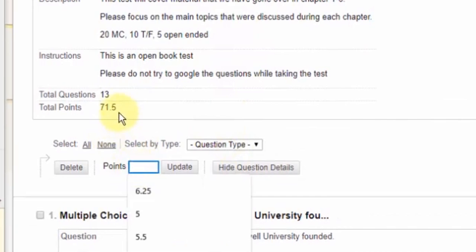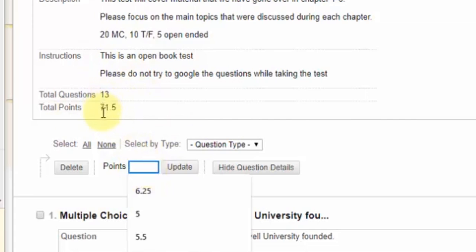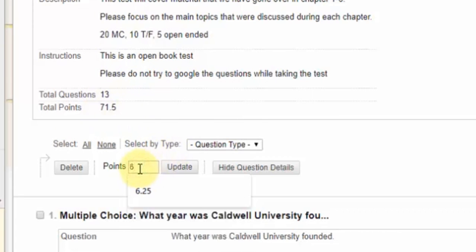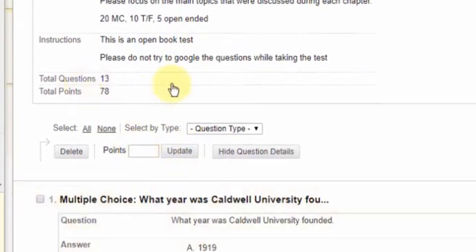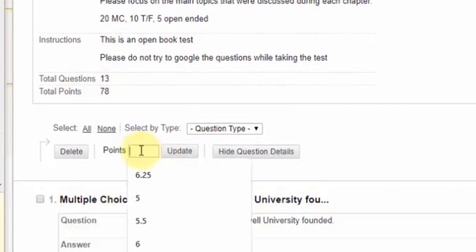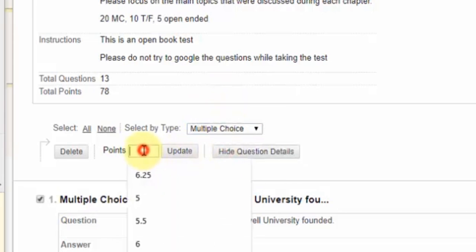So you can just play around, and right now their total would be 100 and their total would be 71 right now. So I'm going to do 6, select all. You could just play around with that until you're able to, or you could click by question type if I want just my multiple choices to be worth